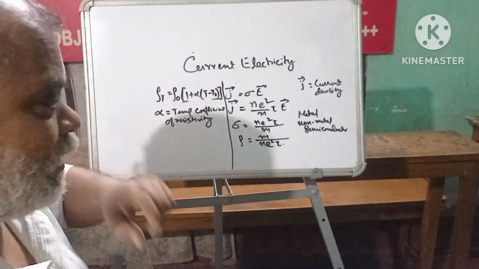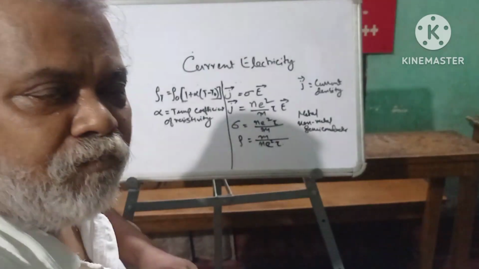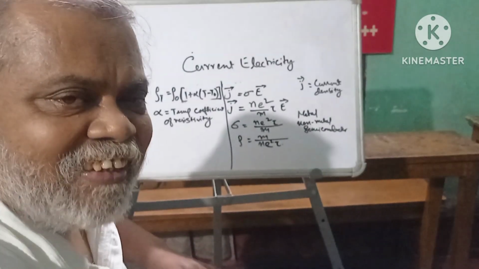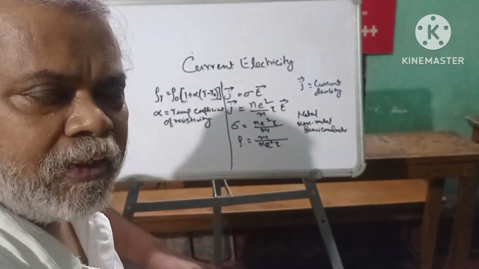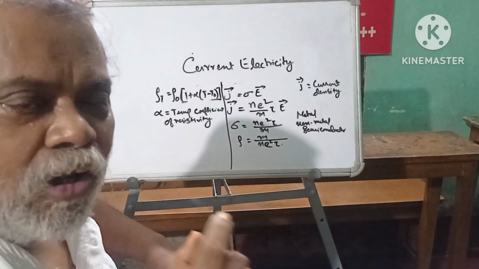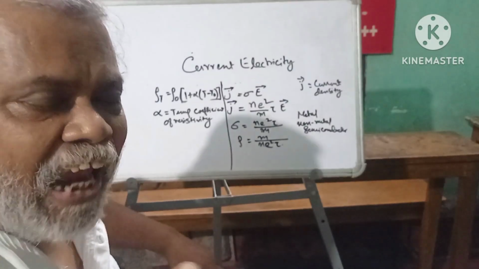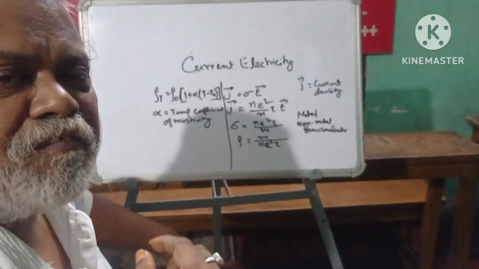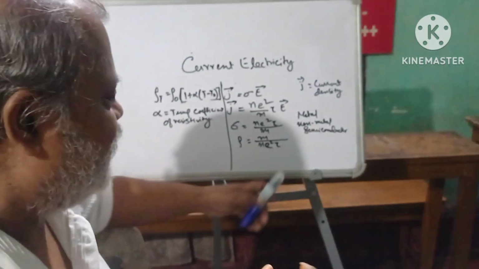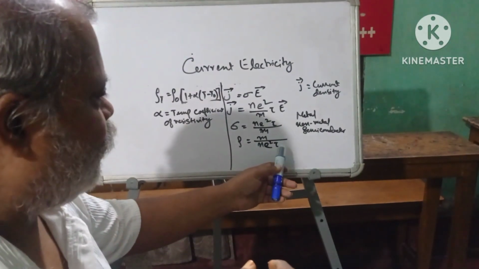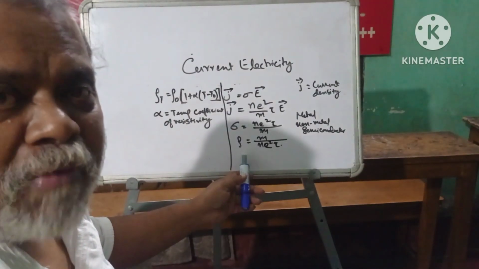Now here what happens is that when the temperature rises, the average velocity of the electron increases, then the collision time decreases, that is, tau decreases. Here see, tau decreases with rising temperature, because the average velocity of the electron increases. As the average velocity of the electron increases, the collision time decreases. So when the collision time decreases, your resistivity increases. So in metals,